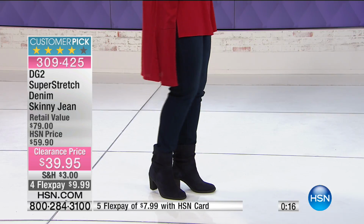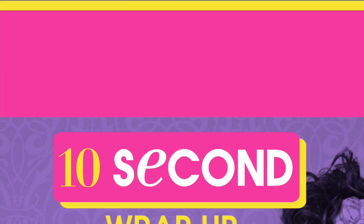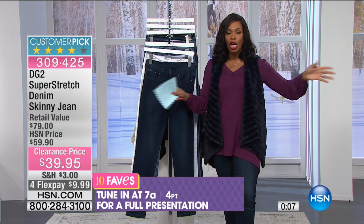Sizes 2 to 24 women's. And I like that Diane does all of the lengths, the petite, average, and tall. I like that she does all of the sizes from 2 to 24 so that every